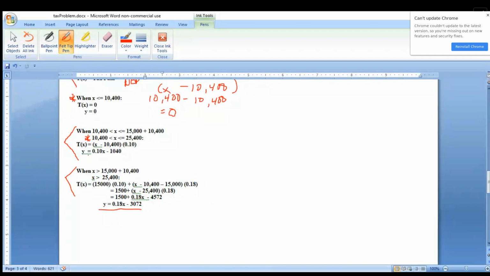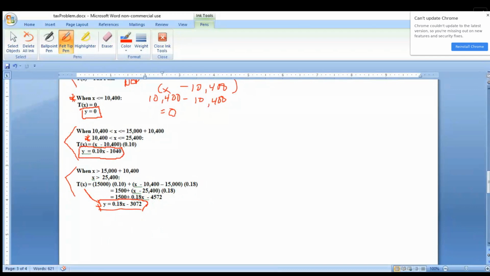And I just put a y here because t of x is the same thing as y when you put it into a program for graphing, like a graphics program. So these are our three equations. So I can take these three equations and I can go ahead and put them into Desmos, and we'll see how they compare to each other. So we'll go to Desmos,